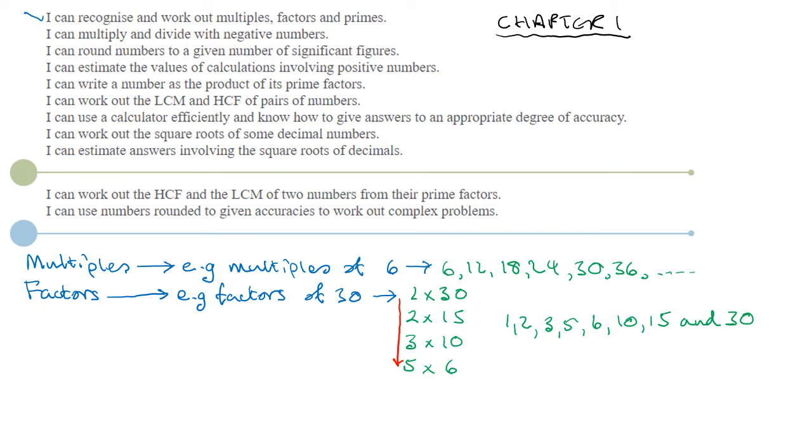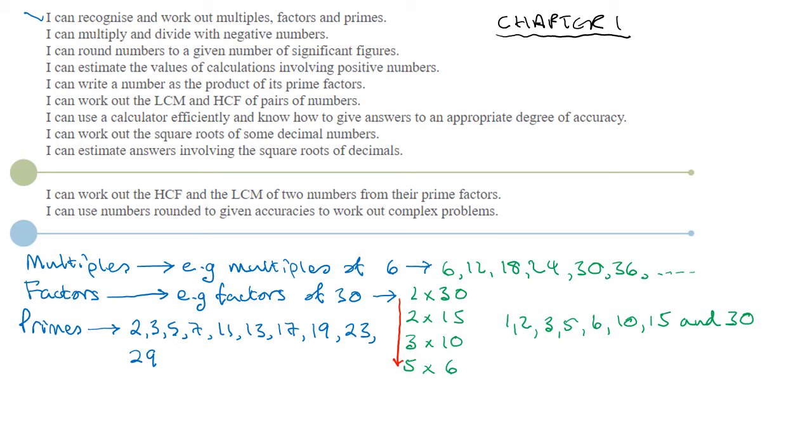And primes, well, these are just like prime numbers. So remember, 1 isn't a prime number, so we start with 2, 3, 5, 7, not 9, 11, 13, 17, 19, 23, 29, I think it's next one. Yeah. Make sure that you know the primes up to 30,